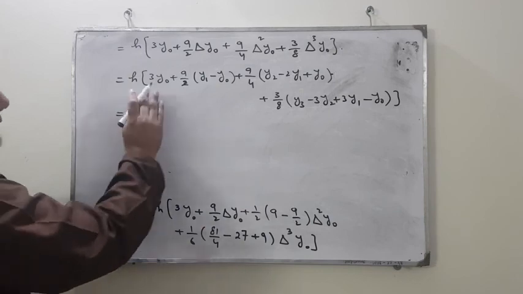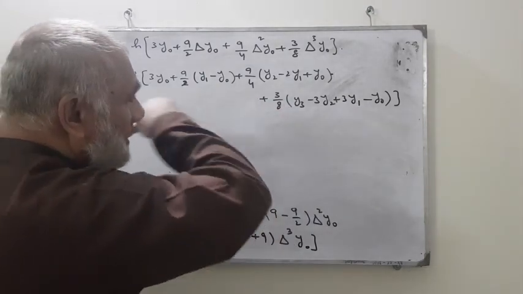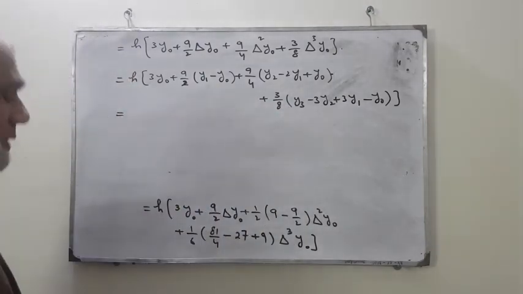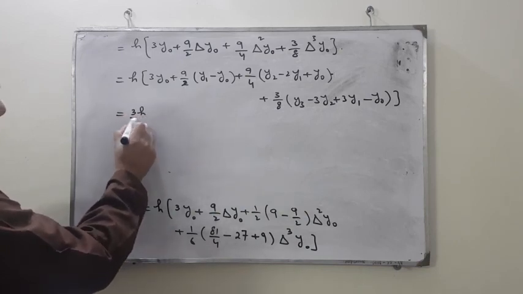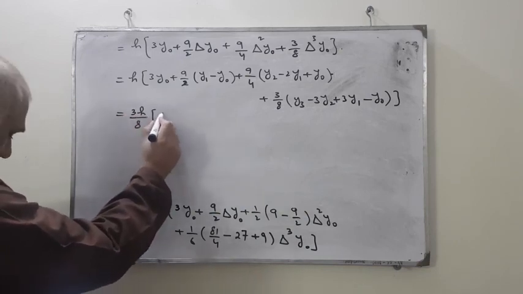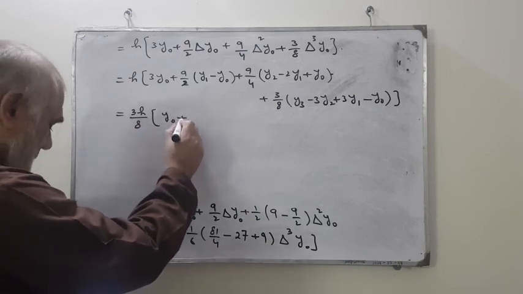You can verify it yourself. There is nothing difficult in it. Now the next step is to simplify all these terms and collect the like terms together, and ultimately whenever you simplify entirely, you will have the result of the form 3h by 8 outside. Inside there will be y0 plus